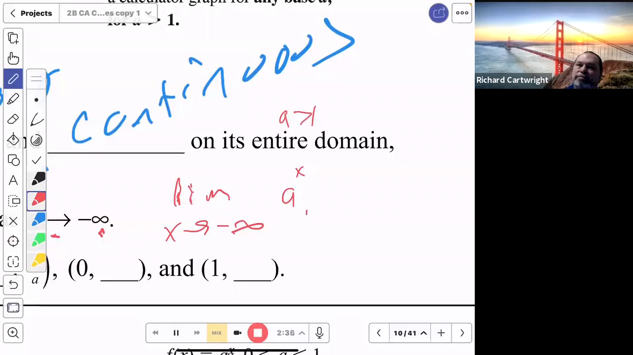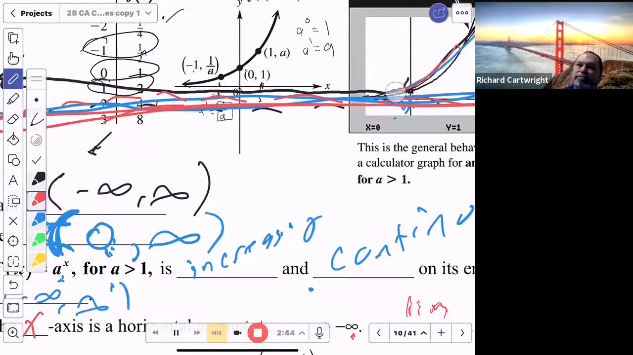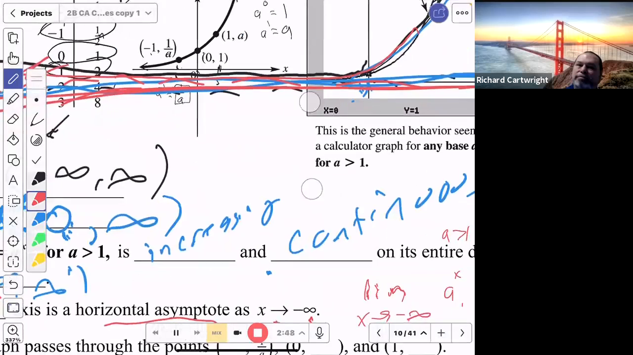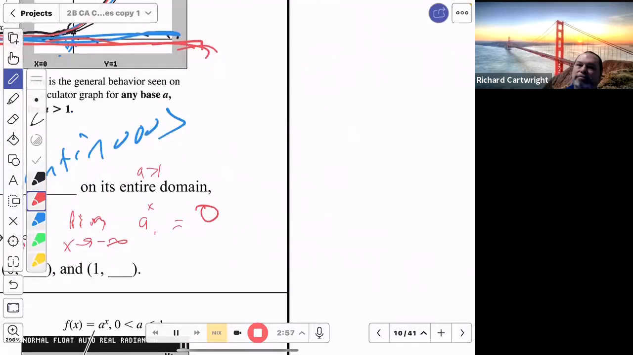The limit means what's the y value that I'm approaching as I go to the left forever and ever and ever. What's the y value that I'm approaching that I never get to? It's the asymptote. It's 0. And if I go the other way, the limit as x approaches infinity